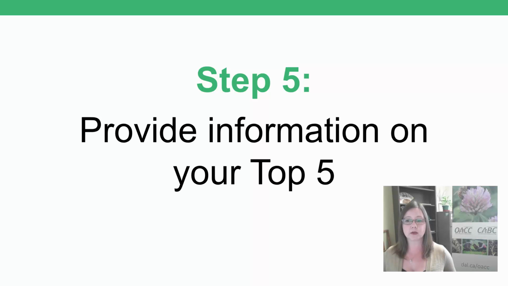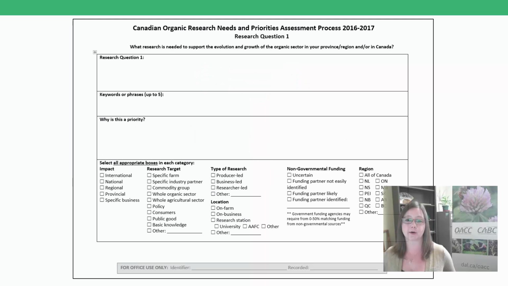Let's quickly walk through the information that we're asking you to provide for each of the identified research question priorities. This is the table that we're asking you to complete for each of the top 5 research priorities that you've identified. You will find 5 copies of this table in your package. A reminder that, even though these tables are numbered 1 to 5, there is no need to rank or order your top 5. We have designed this form with an aim at providing lots of information that can be used to best capture and categorize the research needs.